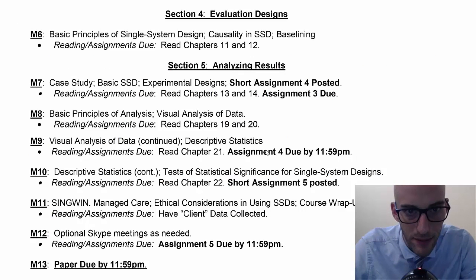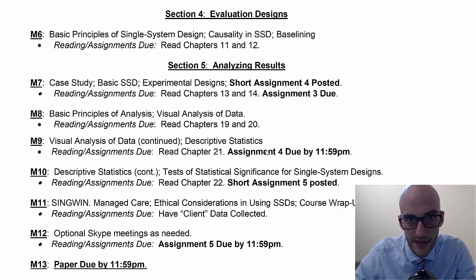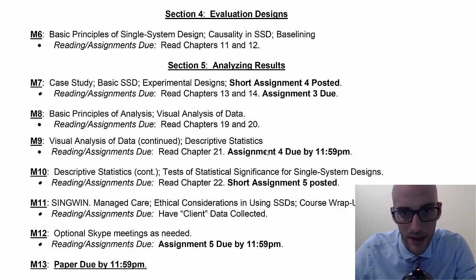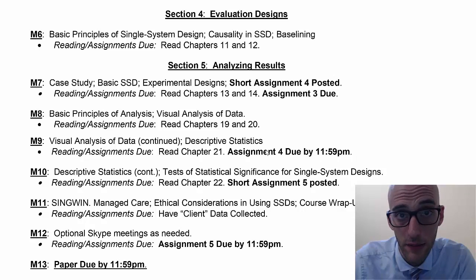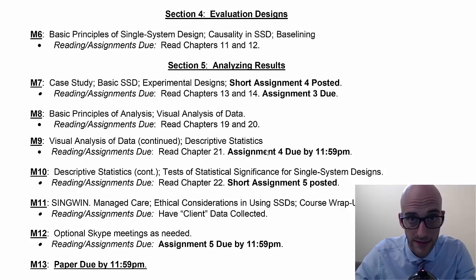And this last slide here just has a breakdown of the last modules. So we have an evaluation design for section 4, and section 5 is the majority of the course, which is analyzing your results. Just an important thing to mention here is that short assignment 4 and short assignment 5 are a little bit more brief than the first few assignments, but this is to give you more time to focus in on completing your single system design. And if you have any questions, please contact me as soon as possible. Again, I'm really fast with returning emails, and I'm more than happy to look through a draft of your paper. If you're feeling uncomfortable submitting your final paper, just please give me a week before the due date so that I can look through it and give you any kind of appropriate feedback.